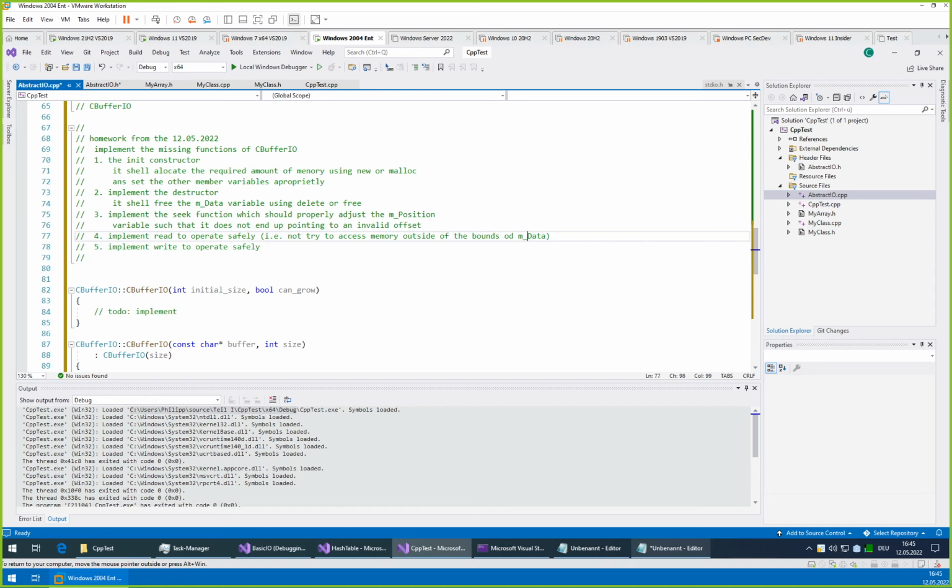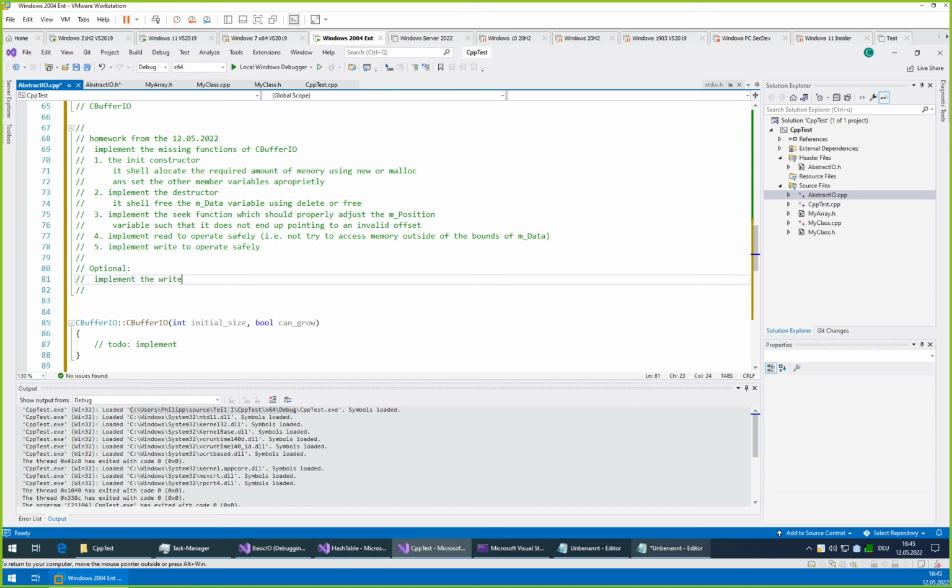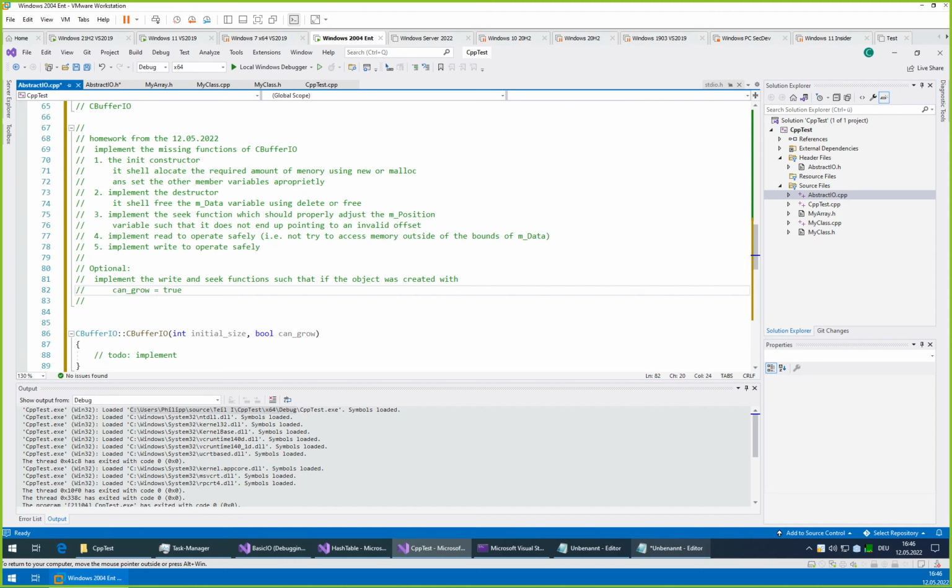That is explained. And optional. Can grow like true, comma. The required size, resize accordingly.